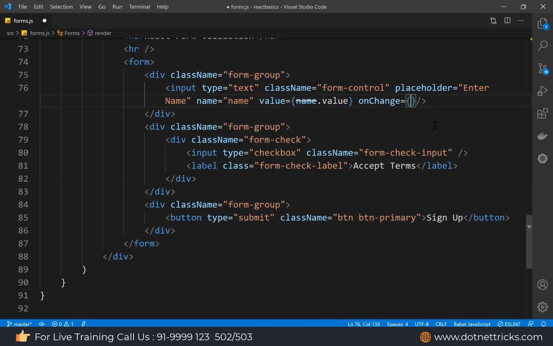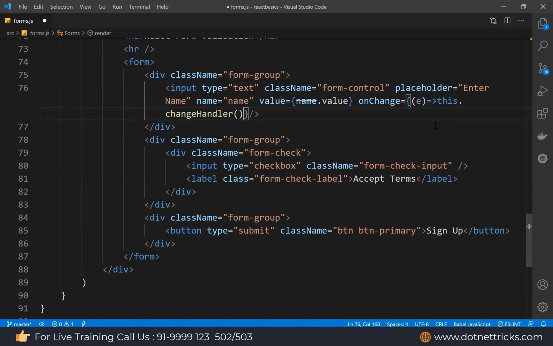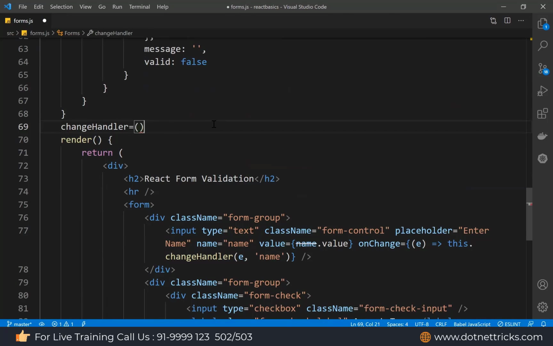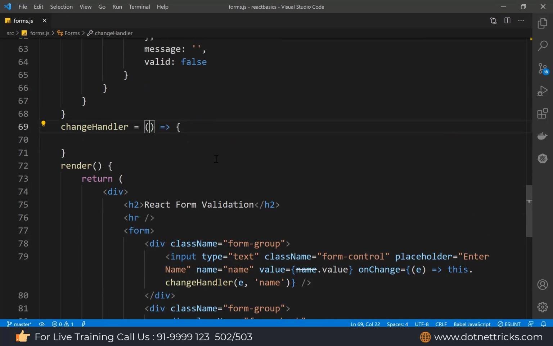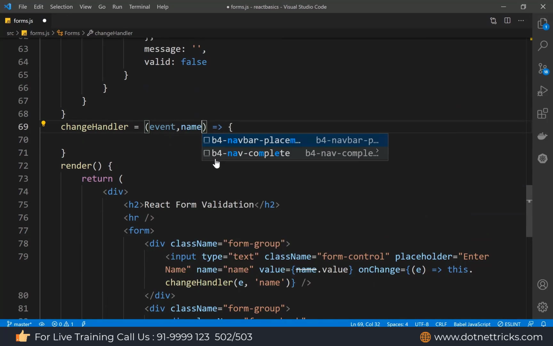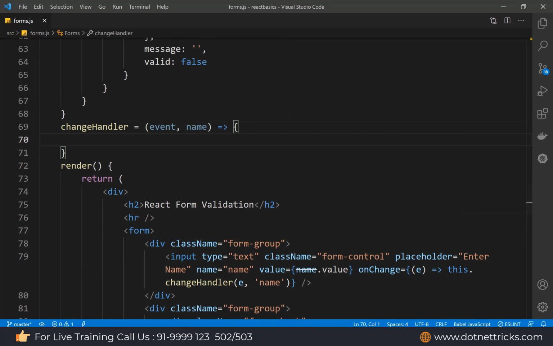In the on change event, I'm going to define a handler which we will call, this dot change handler. I'm passing the event and the text box name. So I define the change handler here, and here I'm receiving the event and name for the text box.